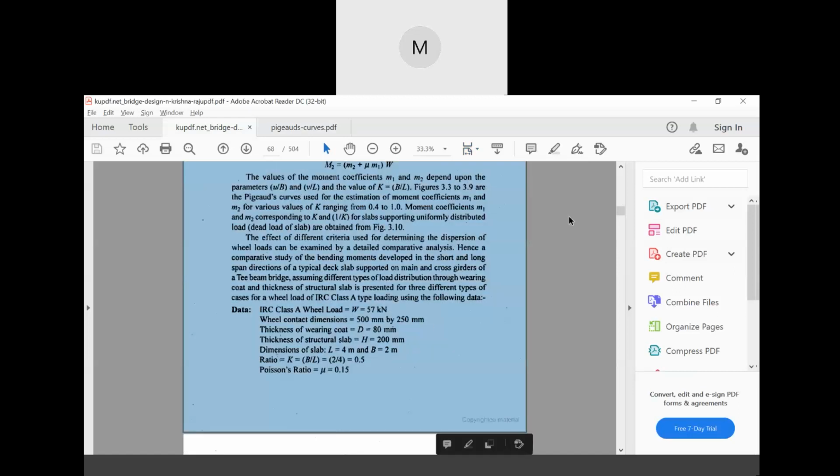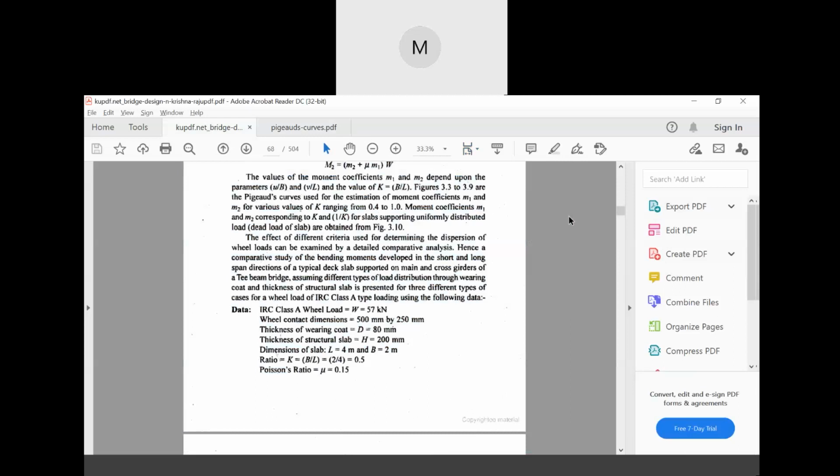Is it visible to all of you? Yes. Okay, fine. So just write the question. First of all, the data given is what? IRC class A wheel load W equal to 57 kilonewton. Wheel contact dimensions, that means dimensions of the wheel. These are all as per the diagrams that we drew in the class. So it is 500 mm by 250 mm, and